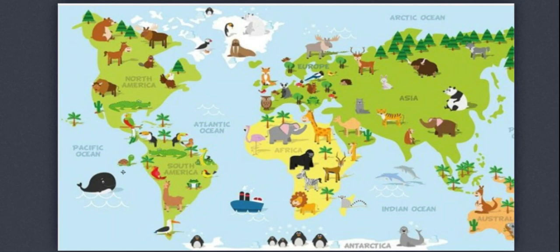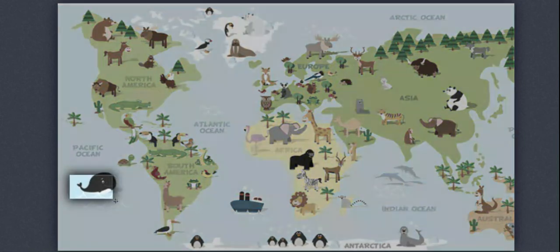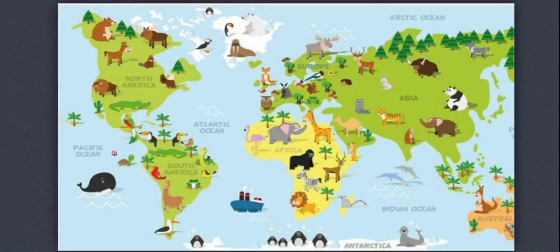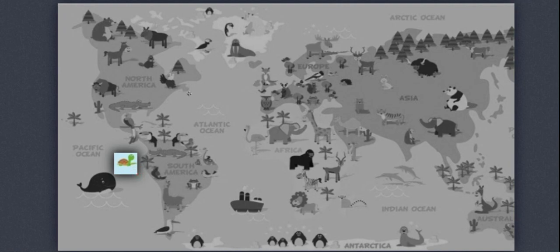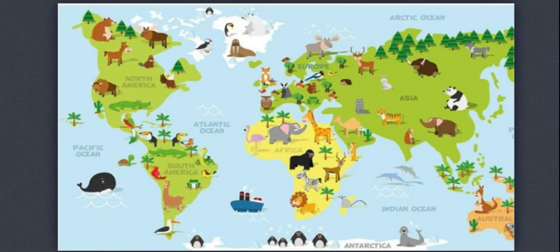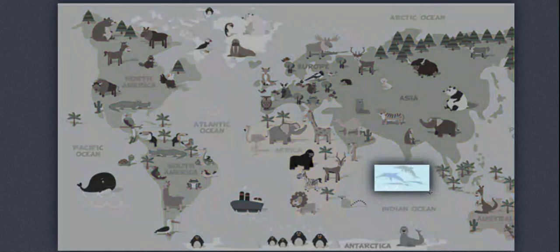So here we have a whale, which I've pointed out 2 times, but I'm doing it separately. So this is the whale. This is a sea turtle, or ocean turtle for this case, but still. And this, you can see the ship, and it's probably delivering goods from one place to another. It could be from Asia, it could be from Africa, and it looks like they're going towards South America. Here we have dolphins,